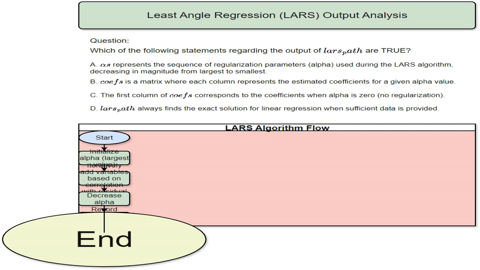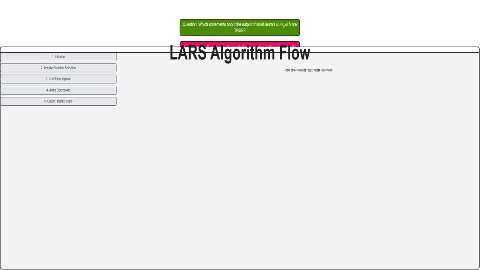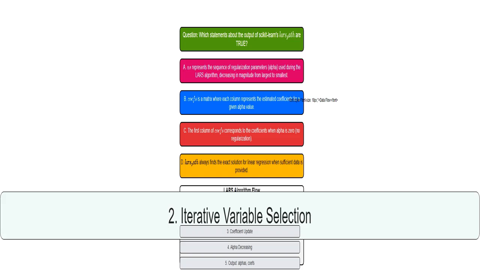I'll start by initializing the least angle regression, Lars, algorithm. Think of it like setting up your starting point before a race. Next, I'll iteratively decrease alpha. Alpha controls how much I'm regularizing, or simplifying, the model. Imagine it as a knob that slowly reduces the complexity of the solution, allowing more features to impact the results